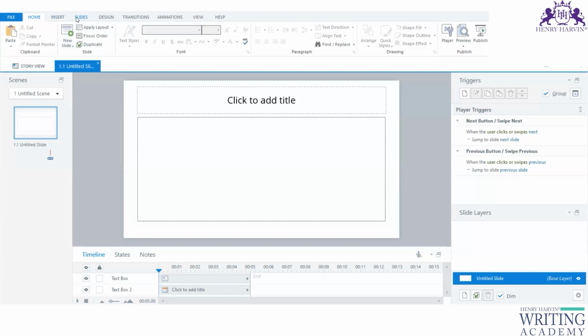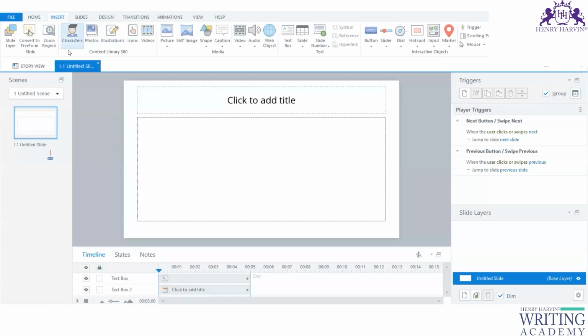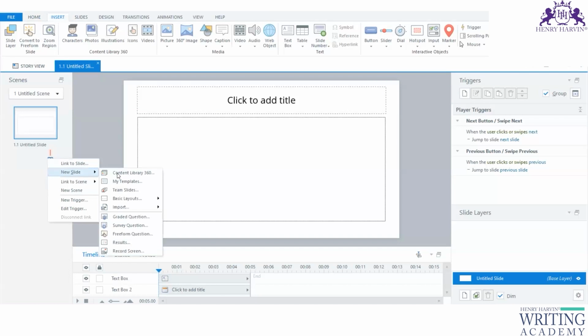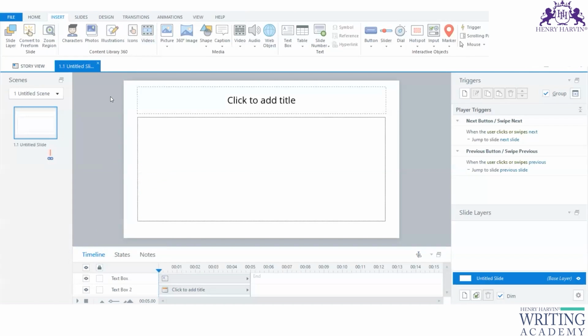You already have lots of templates which are available in your library, which you can check out over here. Let's say new, and you can look into the content library, my templates. You will find some in your content library. However, we would like to create it based on your company's logo or your client's logo and a particular color theme based design. So what we do, you come to the main, remember I told you yesterday also,